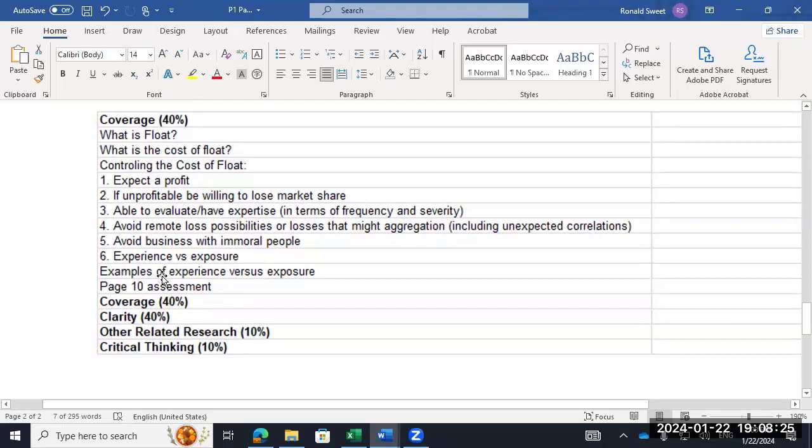How many of y'all last semester used my rubric? It's the best way to start, right? You might change the order, but at least follow the rubric for the first, and then you're going to move it around, do that. That way you make sure you've got everything covered in there. I wouldn't use it exactly like this. Probably find a little bit better wording than that, but that's certainly a way to do it.